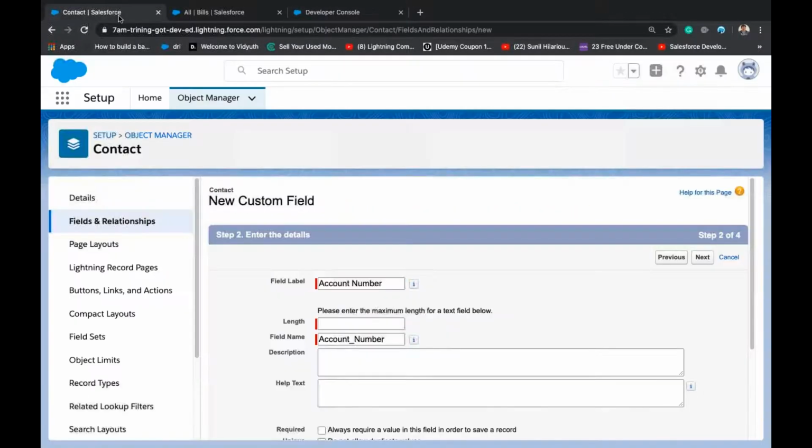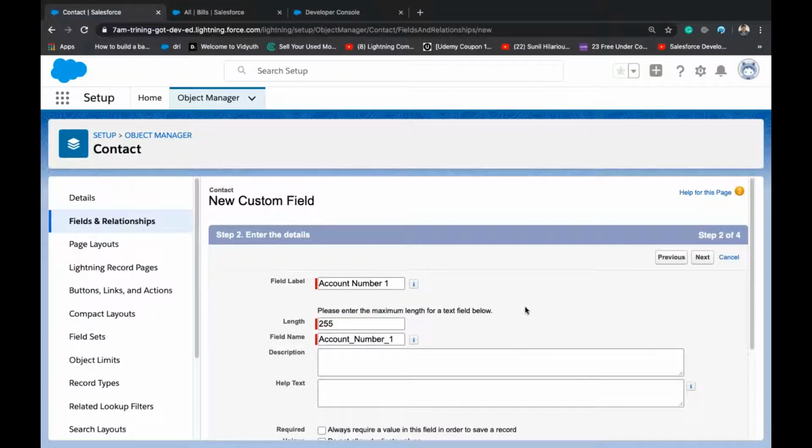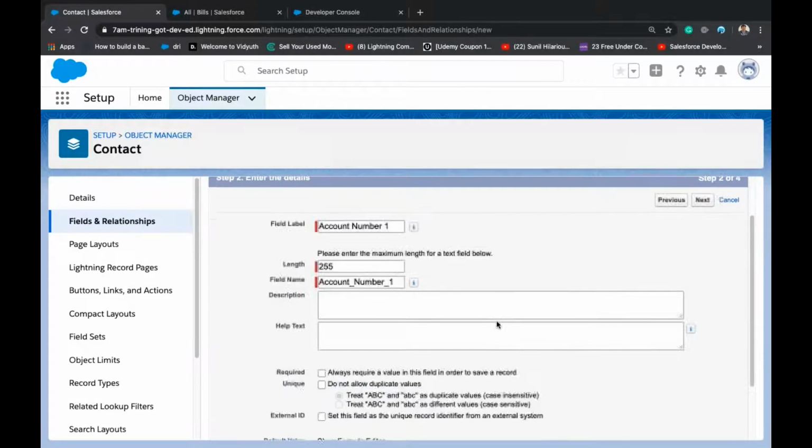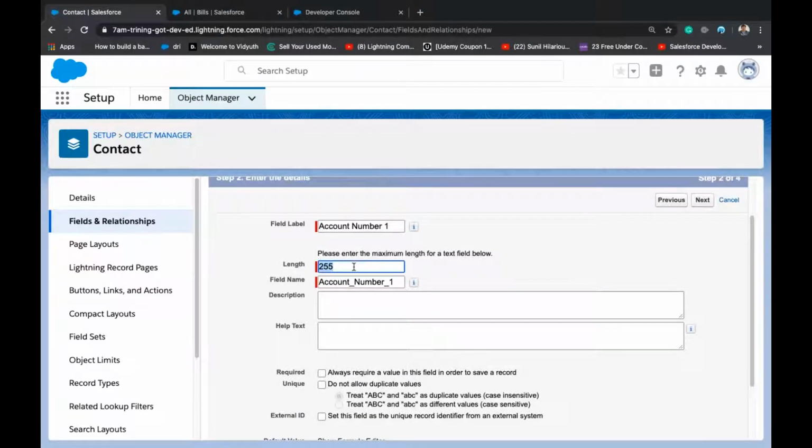Okay, account number one. So if someone doesn't ask you for the length, give 255. If they don't mention the length of the field, typically people will give 50. It's not a good practice. If it is not mentioned, always give 255.